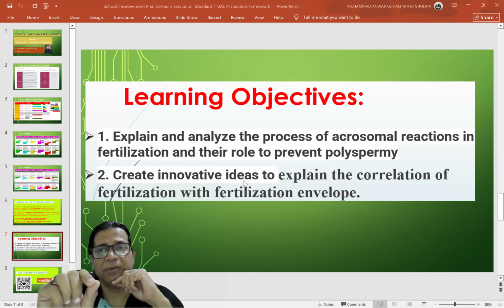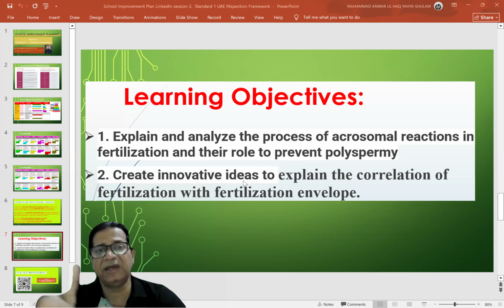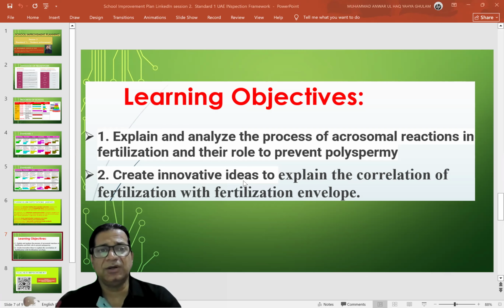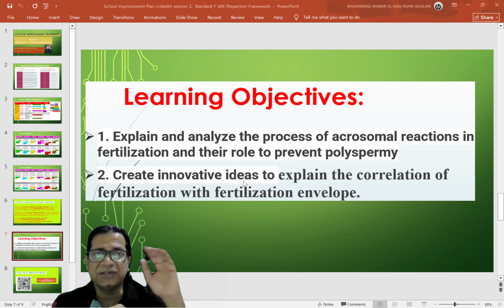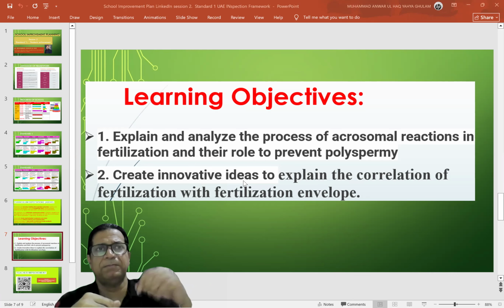So according to the Bloom taxonomy, you have to phrase your learning objective, and it should be catering to all three levels. Similarly, if you see here, create innovative ideas to explain the correlation. Creation is the last, highest level of Bloom taxonomy, the highest level of learning. Everyone knows words like plan, investigate, research, design. These words are at the highest level of Bloom taxonomy and they should be part of your